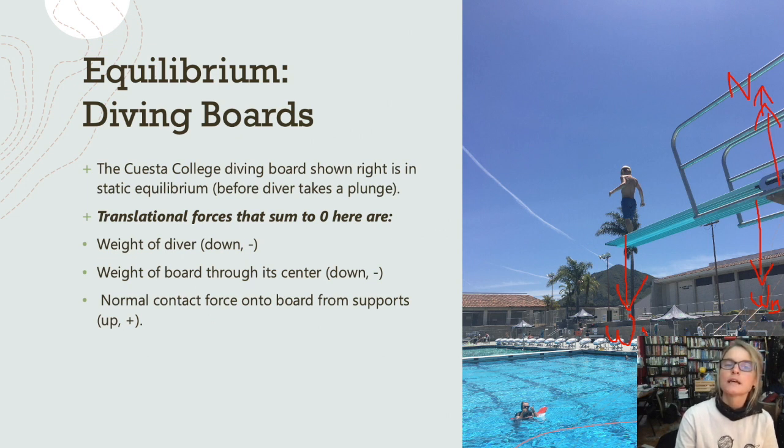So just the weight of this diver alone will make it go in this counterclockwise fashion, and that would be a positive torque. And then this upward normal force by the support will also make it go in that fashion. And then we have some other supports over here which would make it go in the opposite direction, so that all our torques would sum to 0. So we get torques from all these forces. So the most important thing is to identify all the forces acting on the body, in this case the diving board, and then sum the forces and sum the torques and make those sums equal to 0 to analyze the